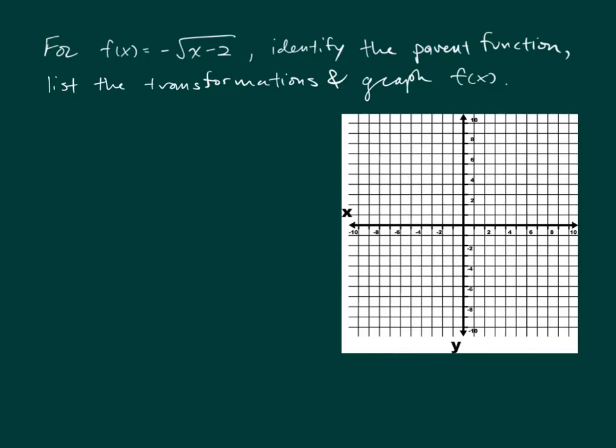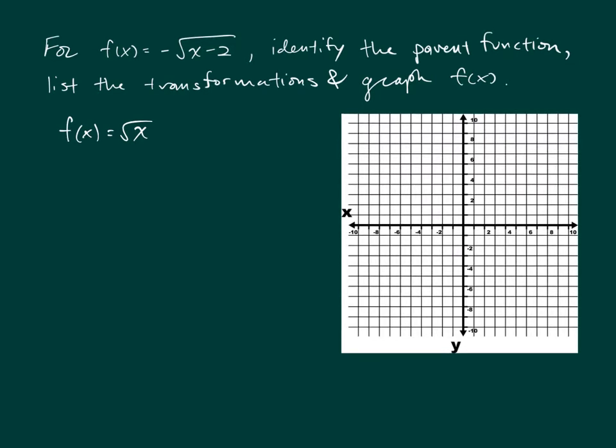For this example, you are given a transformed function, and you're asked to identify the parent function and list transformations and then graph this f of x. So how I teach this is I say we first need to find the parent function, and so the parent function would look something like this, just f of x equals the square root of x. And that is because